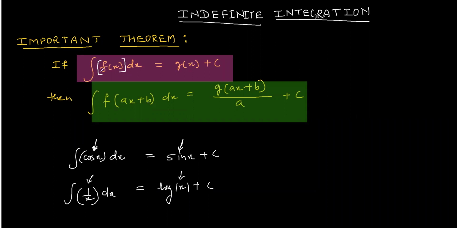So the first line, which is after if, before then, says f of x integration with respect to x is g of x plus c. Like here cos is my f, sine is g, 1 upon x is f, log of x is g. So the theorem says that if integration of f of x dx is g of x, then